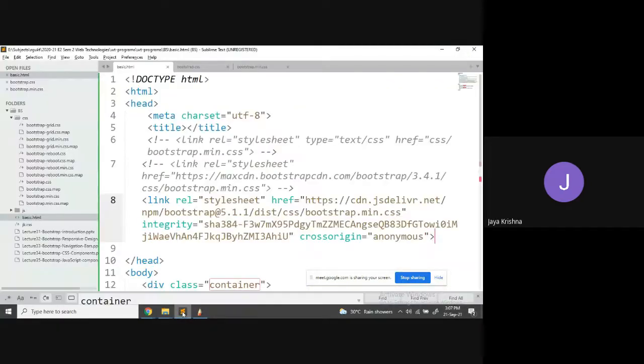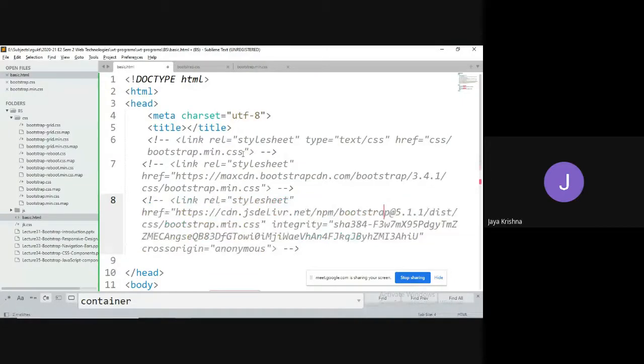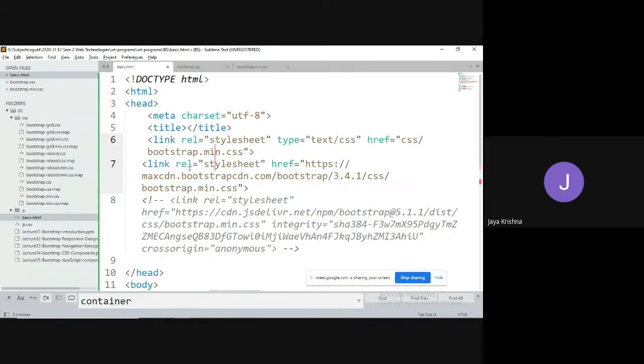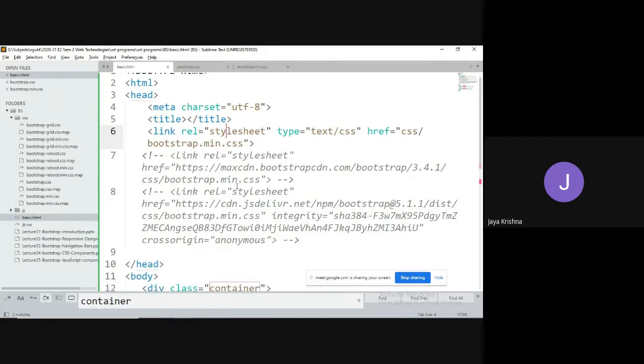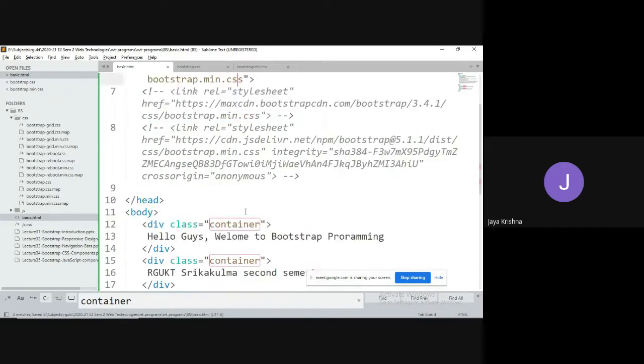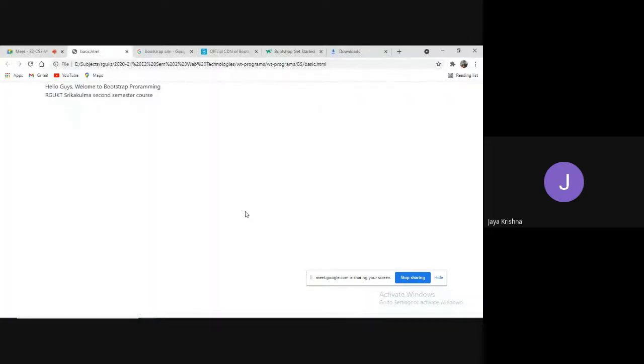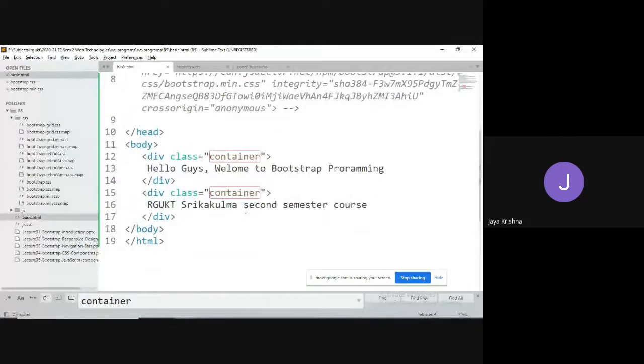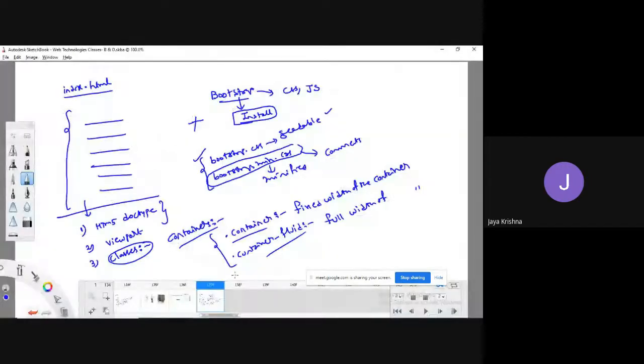This way we can check whether Bootstrap is installed successfully or not. Right now I have shown the manual Bootstrap installation, and another one is the CDN way of installation. Right now I am working with the manual installation. Now also your output won't change. That's it. For example, guys, at the starting of the explanation, I am trying to explain the customize word.